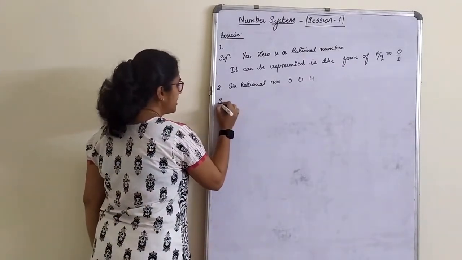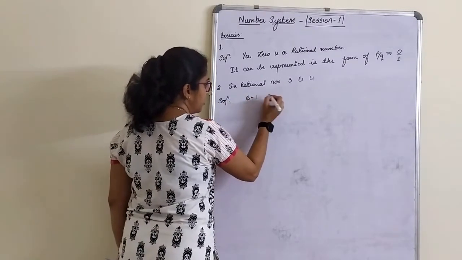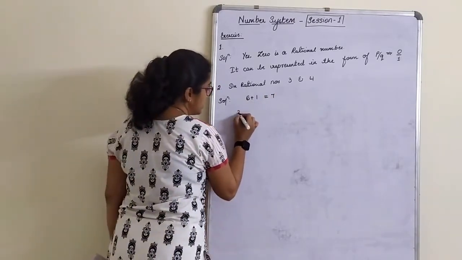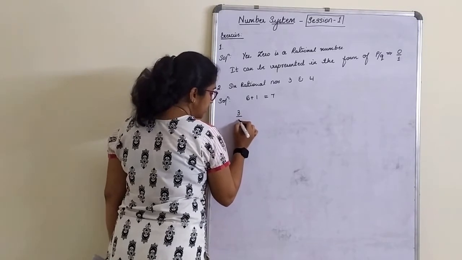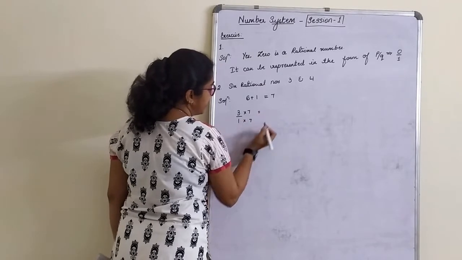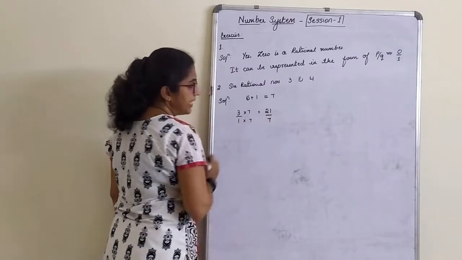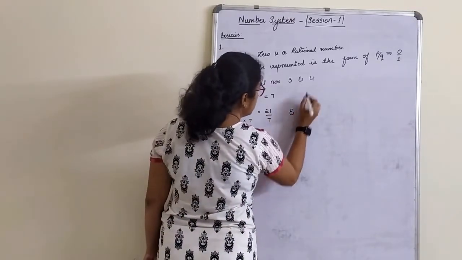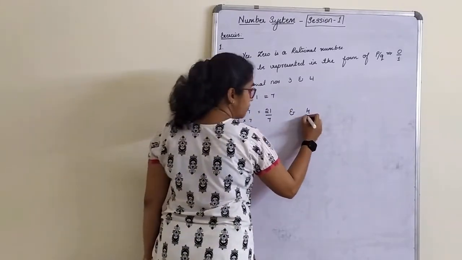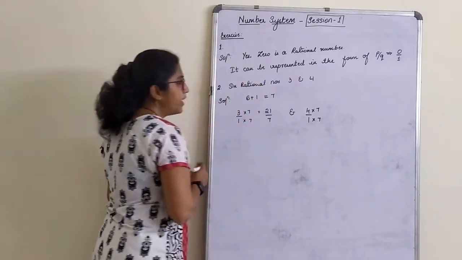Since they have asked you 6 rational numbers, so rule wise, the number of rational numbers plus 1 will give you 7. So what we will do now here is 3, nothing but 3 by 1 into 7 we will find. How much do you get? So 7 3s are 21 by 7. And the next is 4. Whatever number you are multiplying with this, the same thing to that. 4 is nothing but 4 by 1 into 7 into 7.